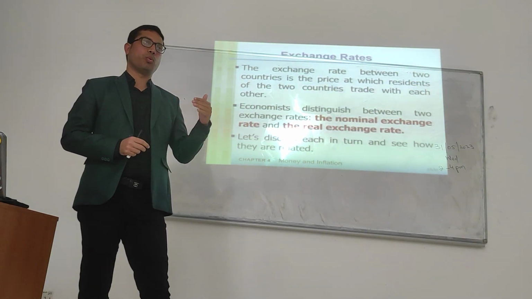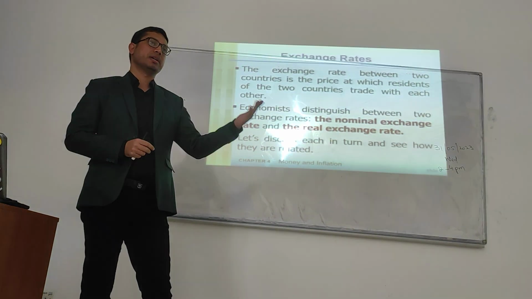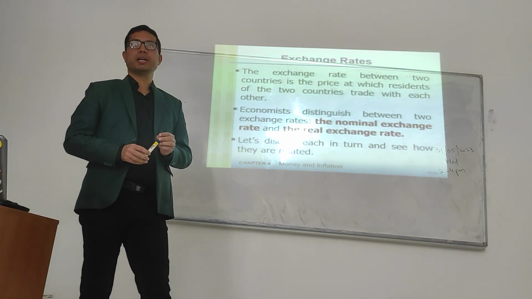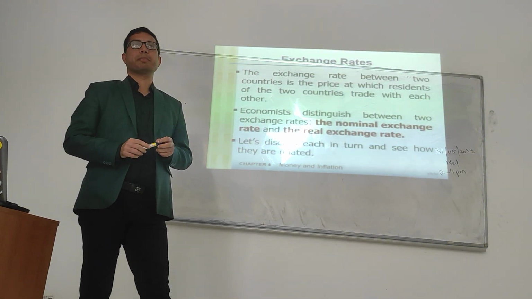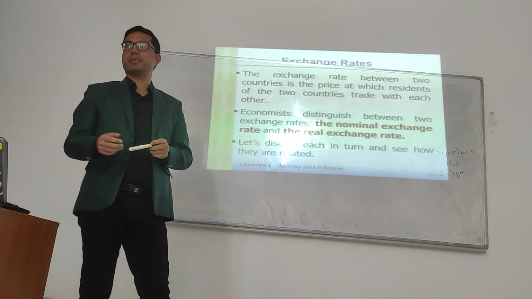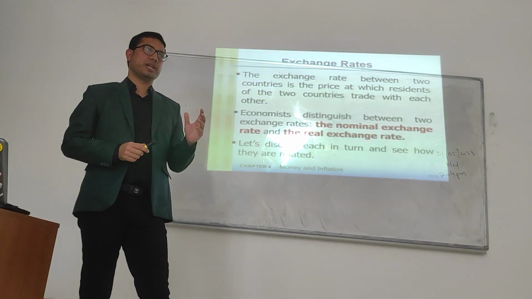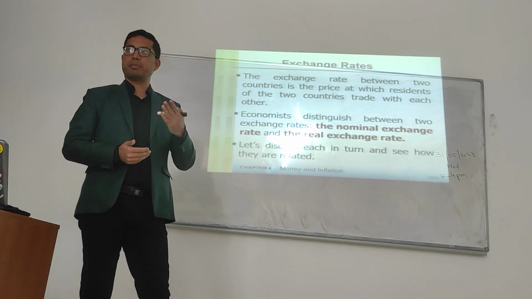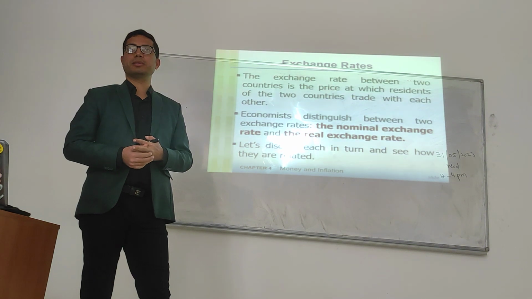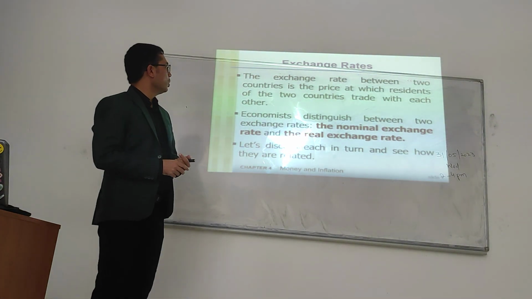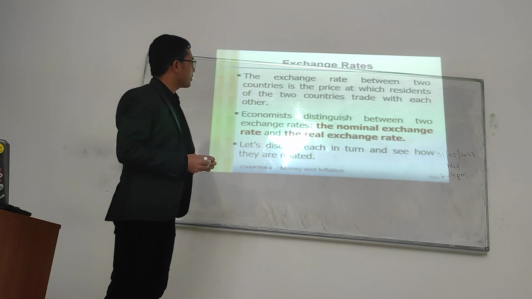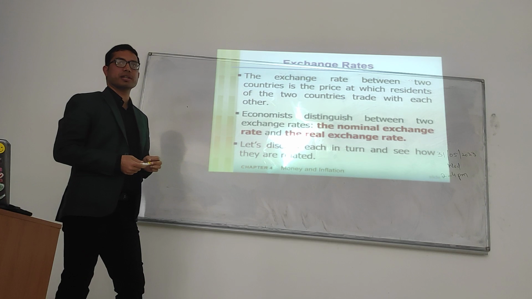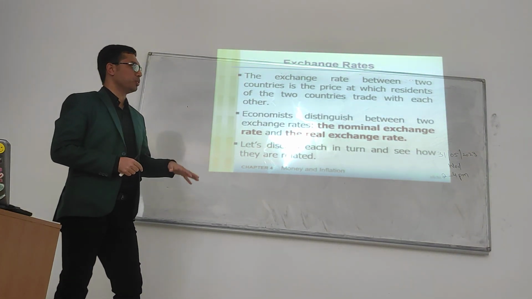The price of one currency in terms of another currency. Very simply, the price of dollars in terms of Turkish lira. This is known as the exchange rate. Is it clear? The price of one currency in terms of another currency. So the exchange rate between two countries is the price at which residents of the two countries trade with each other. Let's say you belong to Turkey